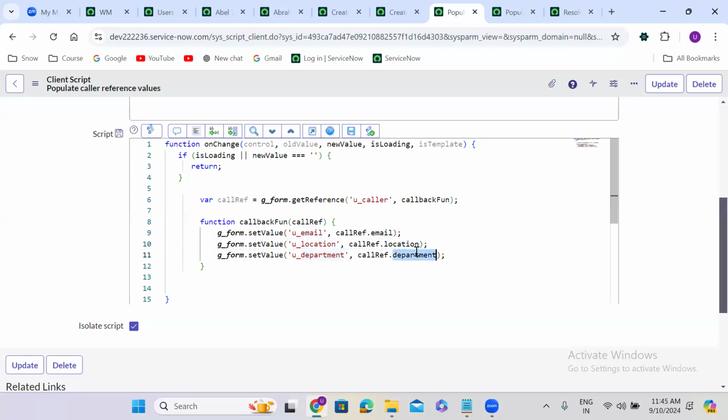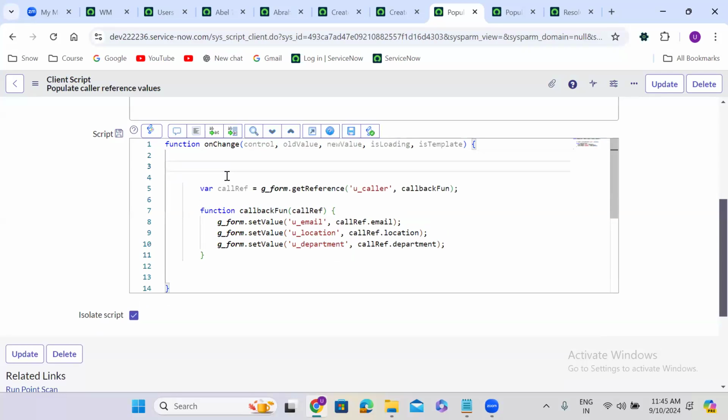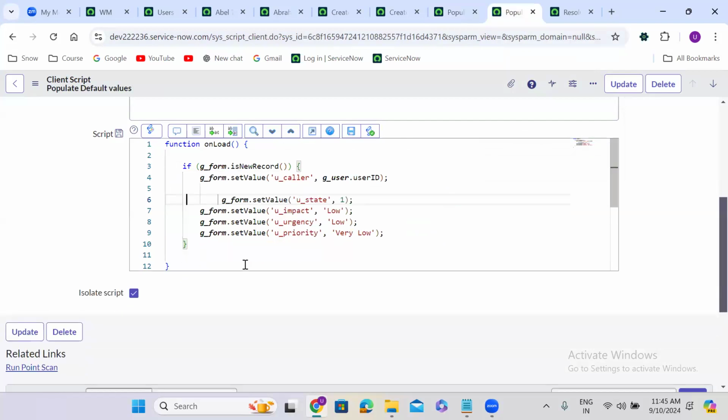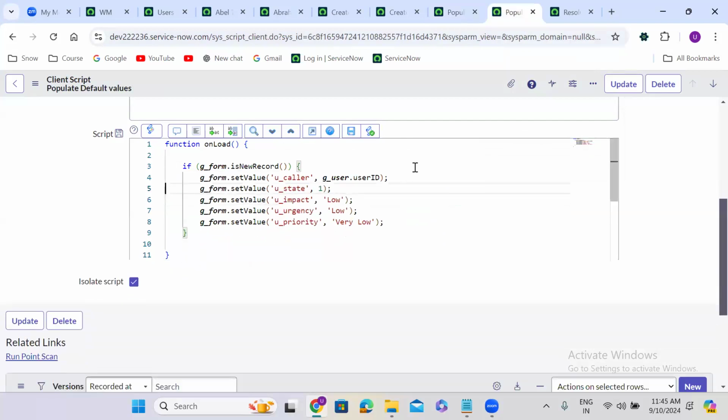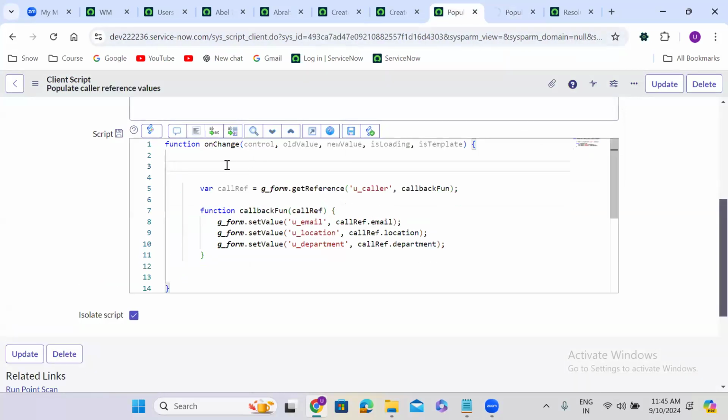dot department. Okay. So here you can make the on-change client script work on onload as well, right? By removing this condition. So that what happens, this will work on onload as well. So here what I am doing is I can completely remove this line of script so that this on-change client script works on onload and on-change as